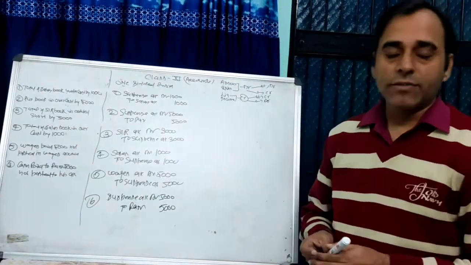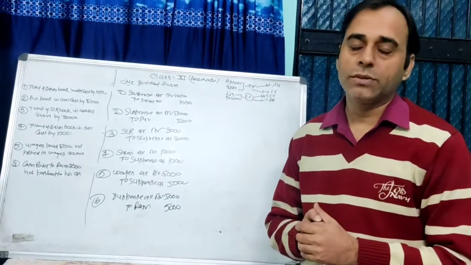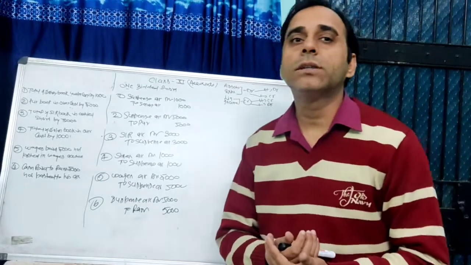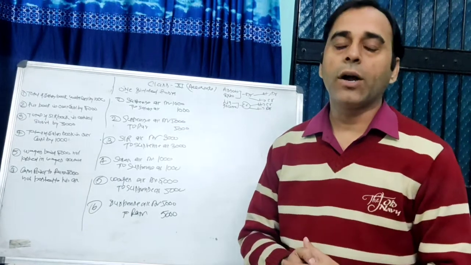In that way, one-sided errors can be sorted out. You can see the questions from your book and do the questions based on that. I hope you understand. Tomorrow in the next class we will discuss double-sided errors and sort out some questions based on that. I hope you understand.